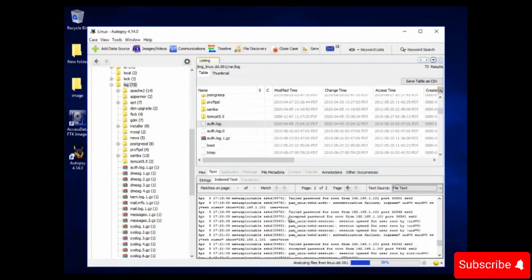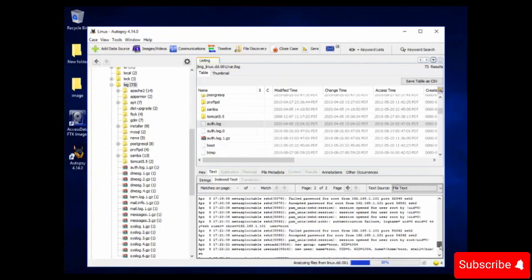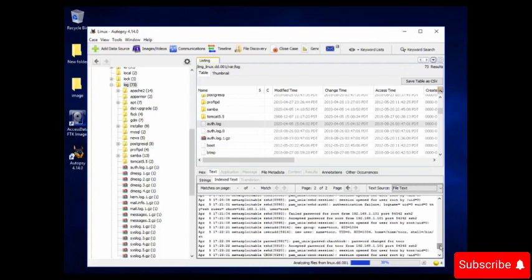But then the password has been accepted for root user. It means the hacker has got access into our system and has also created a new user with the name TWR. This one, see, it says new user with UID 1004. So it means this is suspicious. You can also see the timings when the user tried to log in or when the new user was created. You can see this much detail in log files.